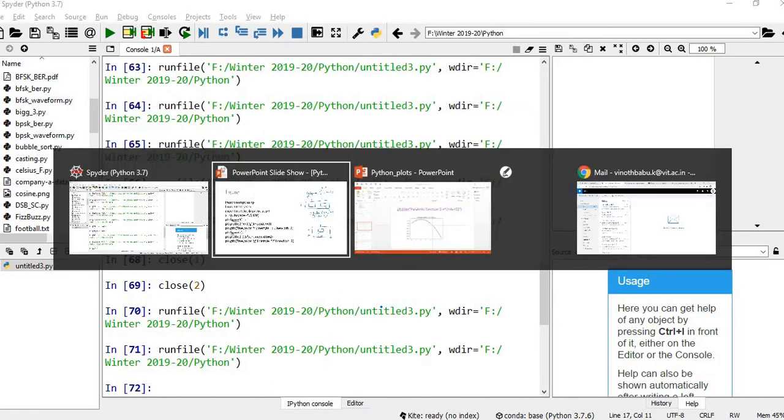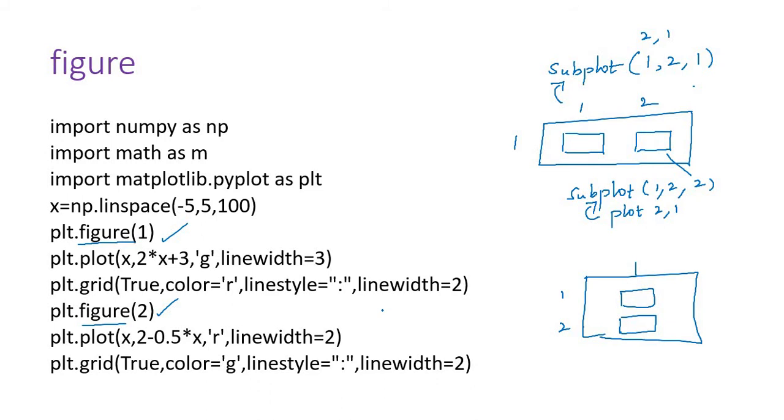Let us try this particular example. Okay, I have X from -5 to +5. So the first plot is Y is equal to 2x plus 3.